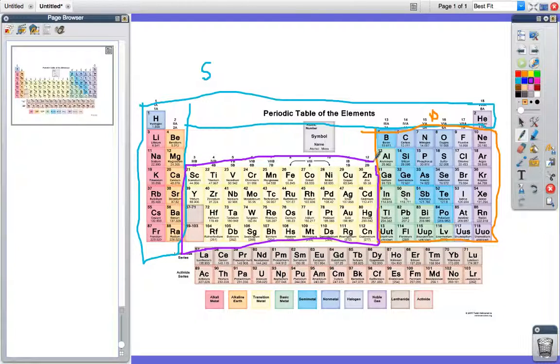Between 3 and 12, these are your transition metals, and this is the D block. Alright, and your next block is this, your F block. It's your lanthanoids and your actinoids. Right here. That's F. Yeah. So, knowing this,